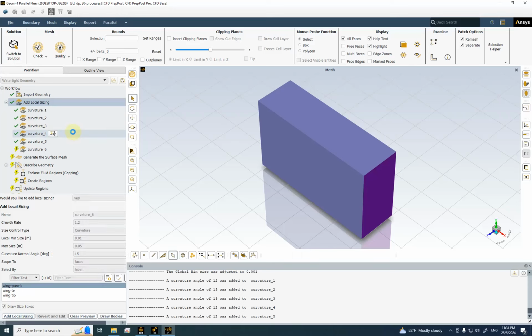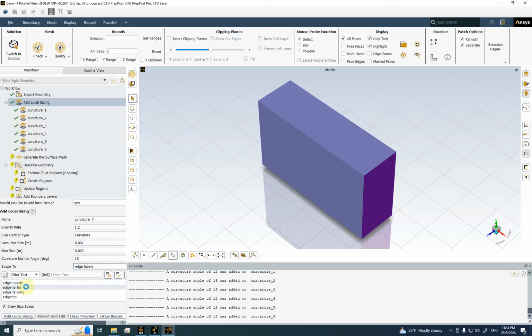Add local sizing. And then tip. Okay, for the wing tip and fin tip, the edge sizing minimum is 0.001, 0.002, that's 2 mm. Curvature normal angle is 10. Scope to edge labels, we want to add it to the wing tip and fin tip. Yes,